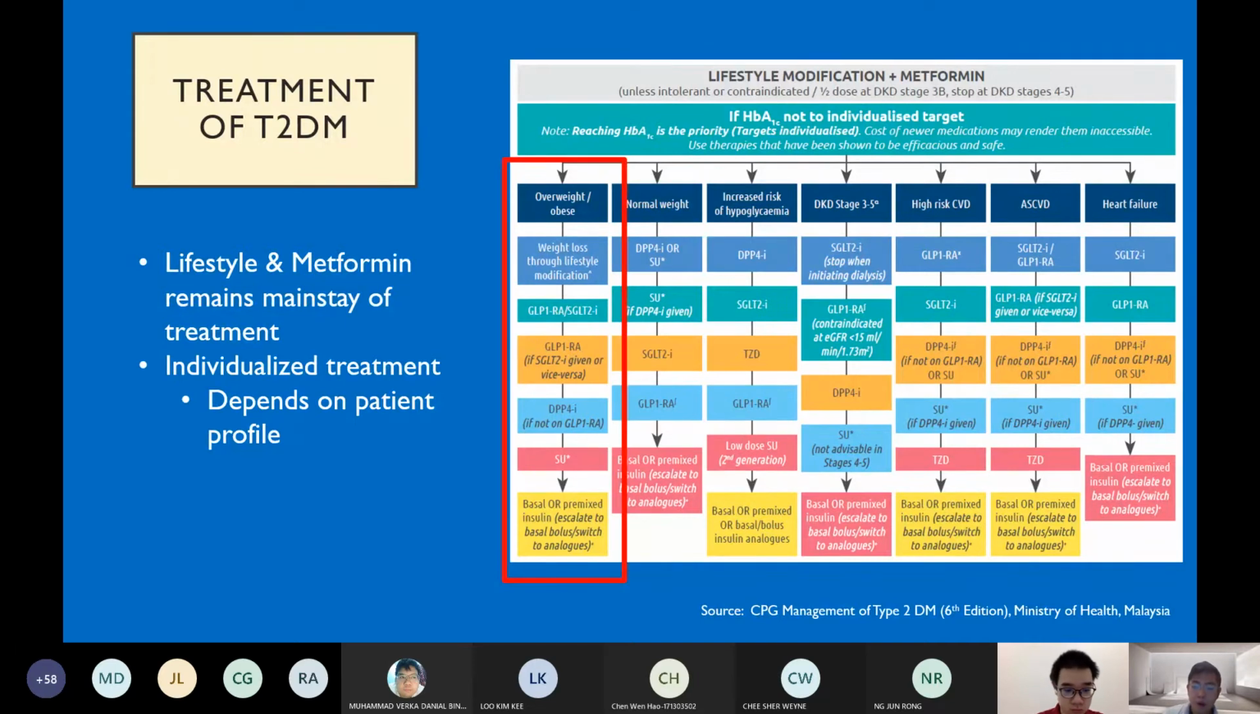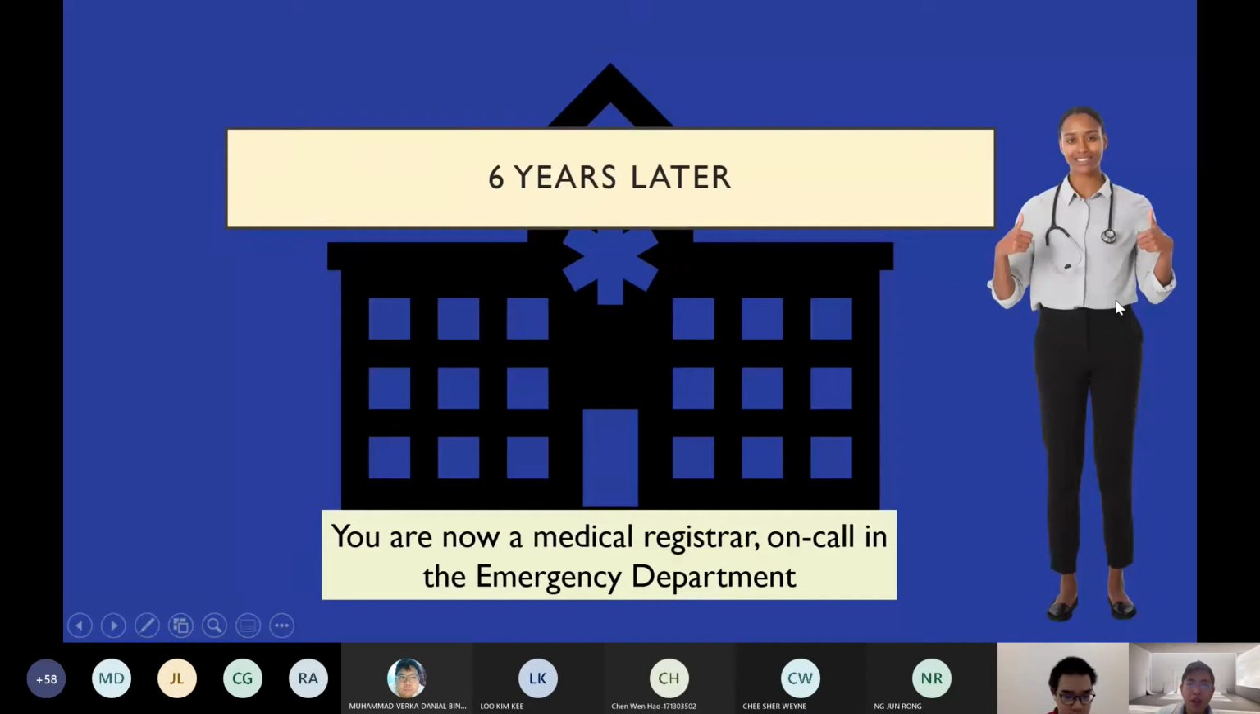Okay, so for our patient here, Mr. George, who is overweight and obese, generally we want to go through this algorithm. And so now, moving forward,